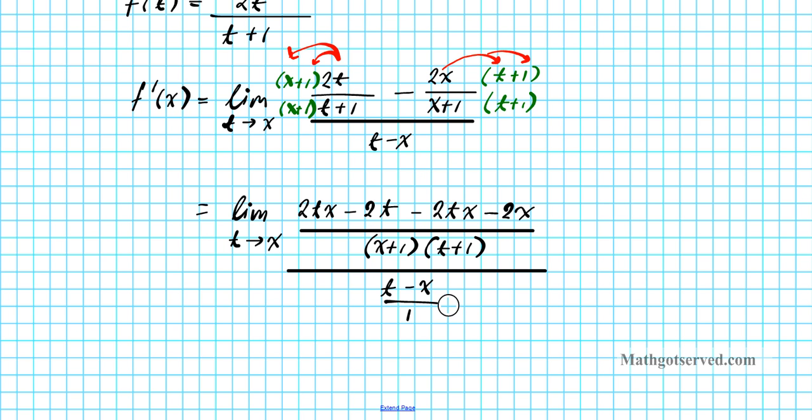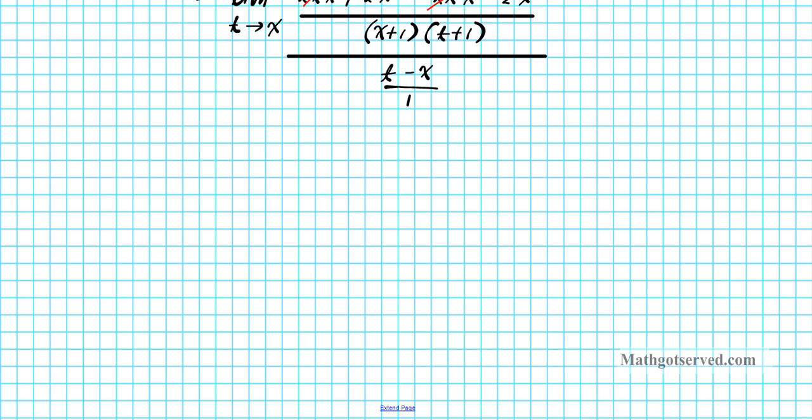Okay? Alright, so now let's simplify the numerator a little bit. So we see that we have two opposites here. We can cancel out the 2tx. Alright, so we have that. So when I distributed this, I had 2tx and then that, so this is supposed to be a plus. Sorry about that, because this is plus 1 times 2t, which is plus 2t. Alright. Okay, now moving along,